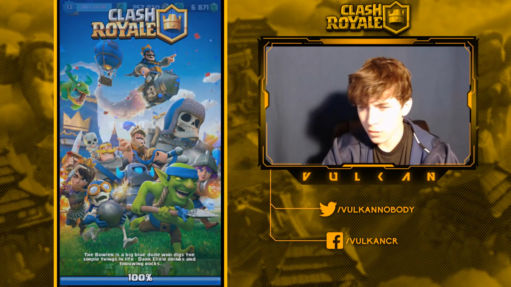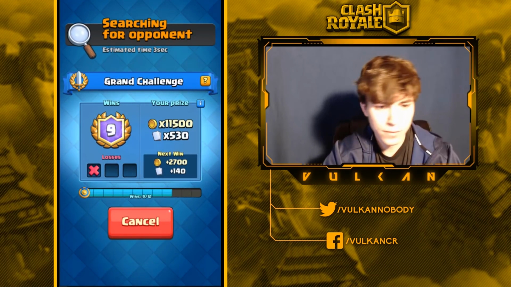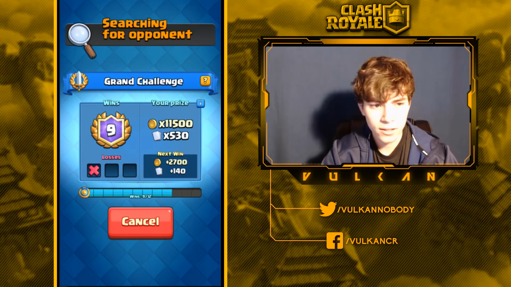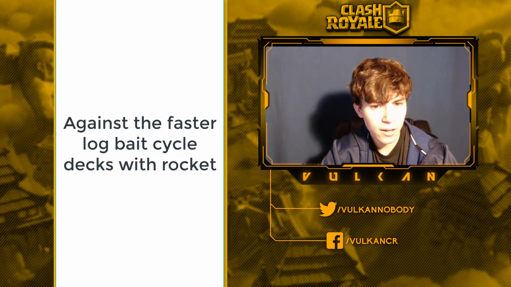Otherwise, you will not be able to break through his defense. I've tried just breaking through his defense the old-fashioned way, and it doesn't work out. But setting up the defensive Xbow puts him in a really awkward situation, and can end up winning you the game. Also against like the faster Xbow cycle with Rocket, defensive Xbows also can put them in an awkward situation